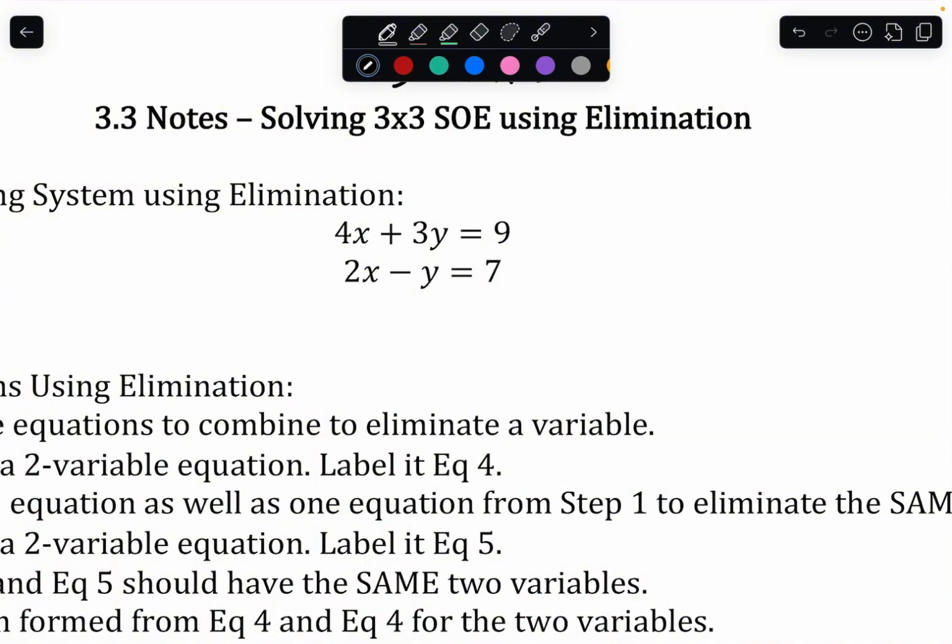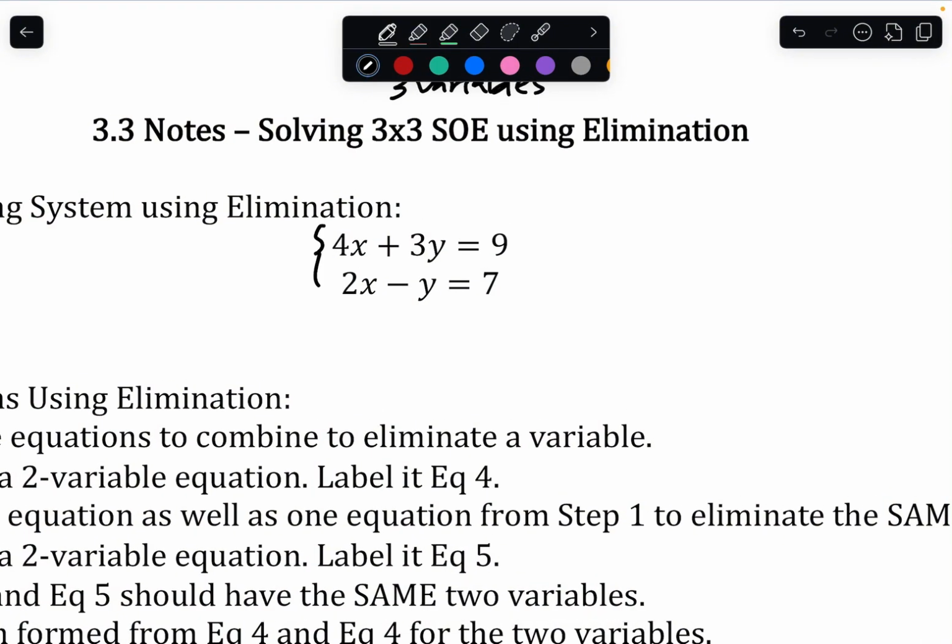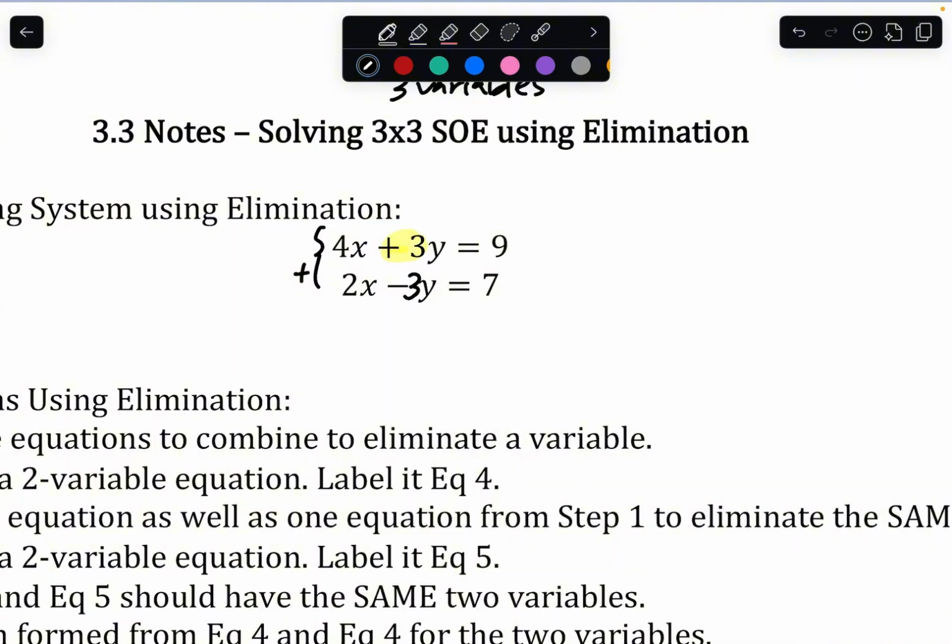So when you are using elimination, you are going to add your terms together. So you want to make sure your x's are lined up, your y's are lined up, and your constants are lined up. And when you add them together, you need one of the variables to have a 0 pair, meaning when you add them together, they add to 0. And so they have to have the same coefficient, but opposite signs. And so I'm noticing a 3 here in front of the y. I could create a 0 pair if I had a negative 3 in front of the second y in the